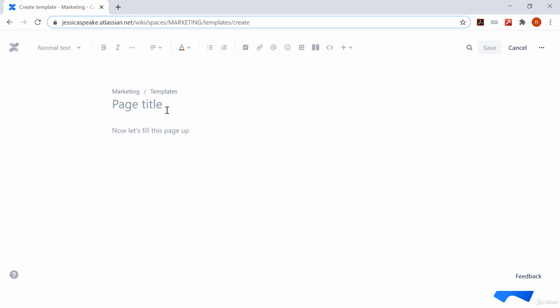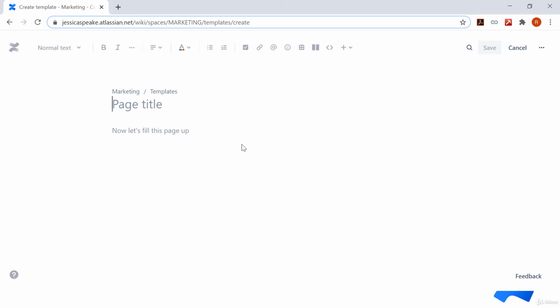What normally is a page title will now be the template name. The template name will be displayed when you create a new page. So choose a descriptive name for your template. So for example, we had used a template called 90-day plan. So that 90-day plan is the template name which is provided over here. And similarly, you can provide a template name for the template you are creating of your own.